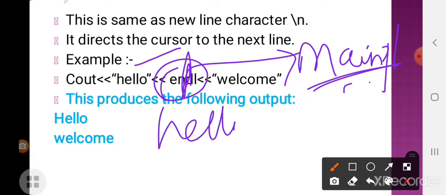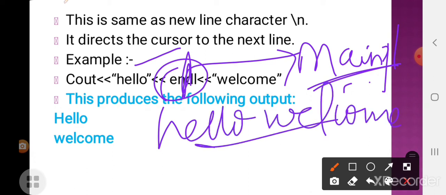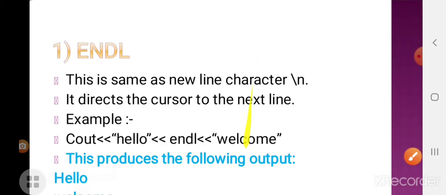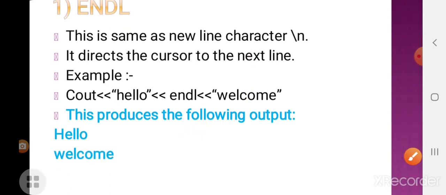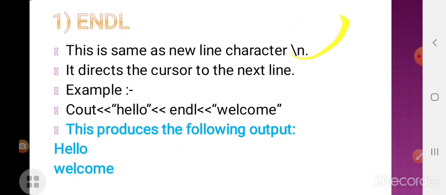Hello, welcome. If you don't use this endl, the output will be on one line. But if you use an endl statement, we will get hello in one line and welcome in the next line. So this endl operator acts as a backslash n escape sequence.